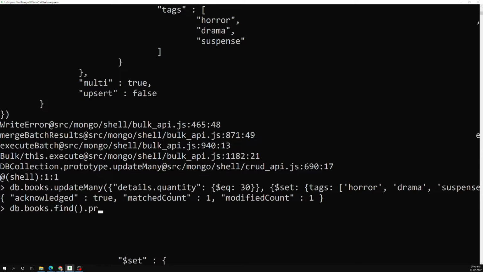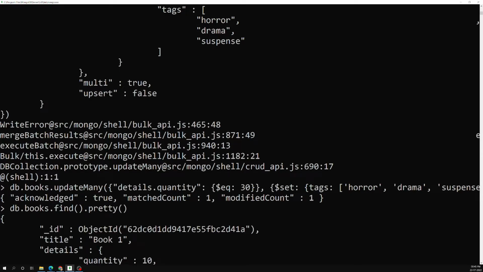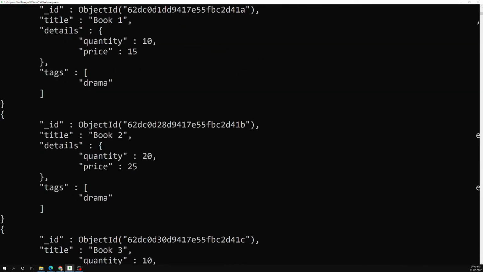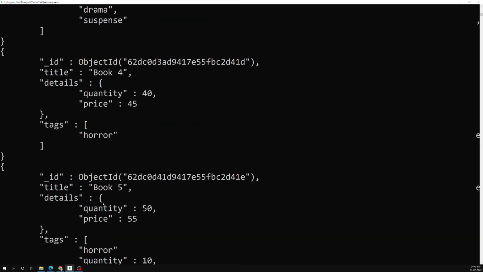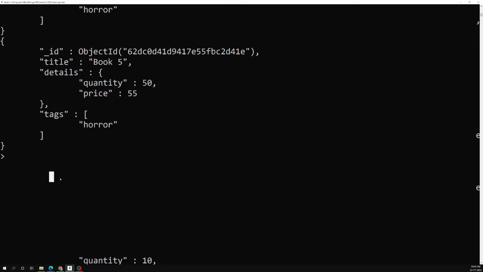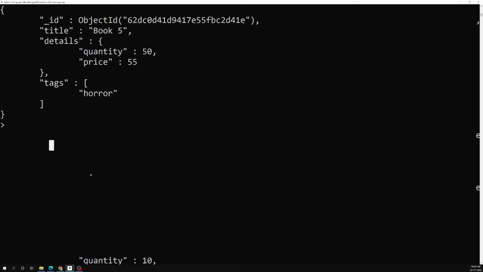db.books.find().pretty(). Now if you try to see, some of them are having only drama, some of them are having horror, drama, and suspense, and horror. This one is also having horror. Now, for example, let's say that if you try to apply